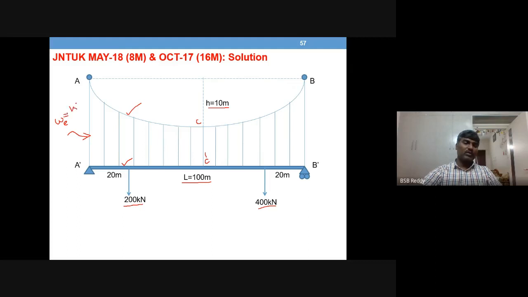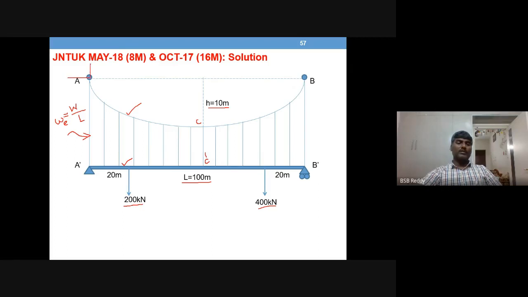It's nothing but total load on the girder by total span of the girder. So once you get this value, then straight away take the cable free body diagram